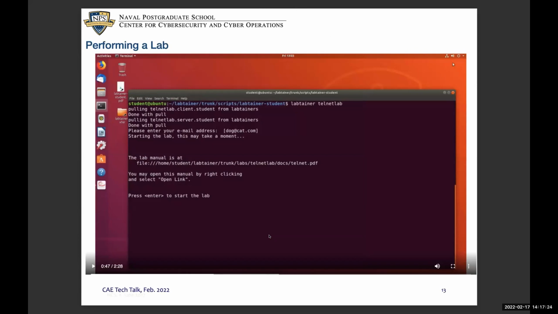Here is a screen that illustrates what a student might see when they start a lab. This is the Linux desktop that they see from which they start all the labs. At the top, you see that they typed in the Labtainer telnet command that says, I want to run the telnet lab. Next things you see are that the